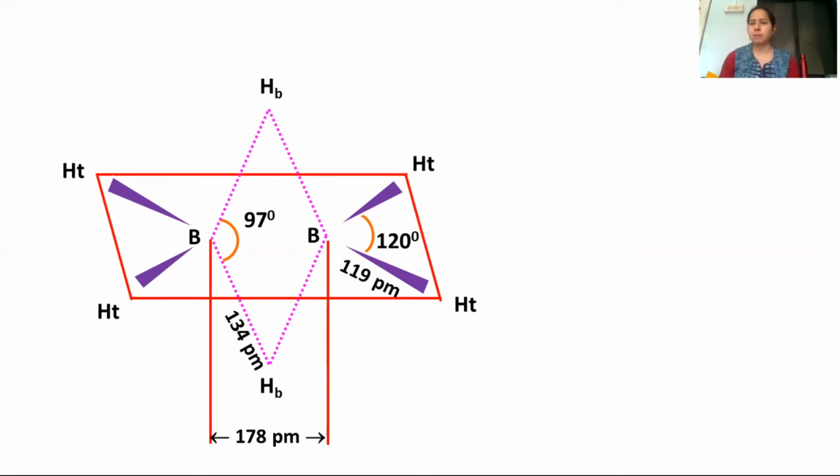You need to remember, for bridge hydrogen atoms we have a 3 center 2 electron bond, and therefore to avoid repulsion from the other elements, to stabilize it, they move away, and therefore the bond length for bridge hydrogen atoms is greater in case of diborane. So if you want, you can draw this structure also. It's up to you which one you want to draw. You need to remember diborane has banana bond. You need to remember the bond length of HB is greater than HT.